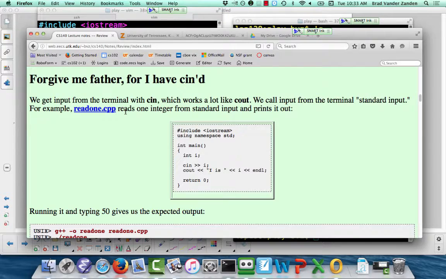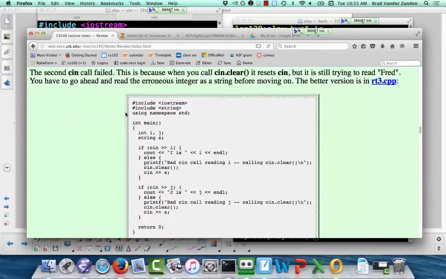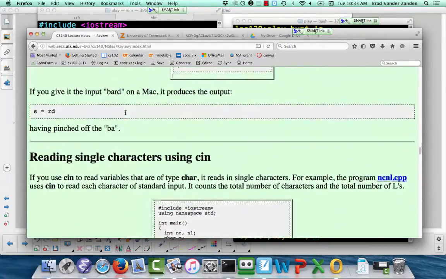Plank is cute sometimes and likes his puns, so do read up on the